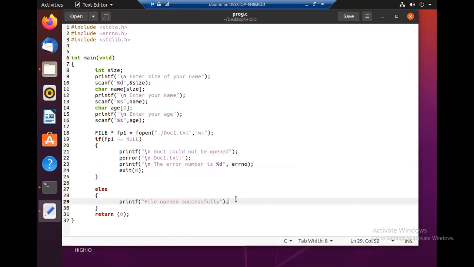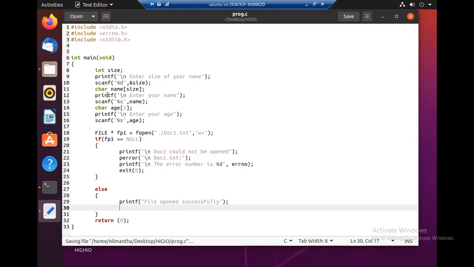Then what we have to do is print these things to the file. I mean, write these things to the file. How we are going to do that is using fprintf, print a formatted string to file. So we can use a single command to do that. In the write function, in low level input output, if we want to write a set of things like this, if we want to write name, then first we have to write the name separately, then we have to write the age separately.